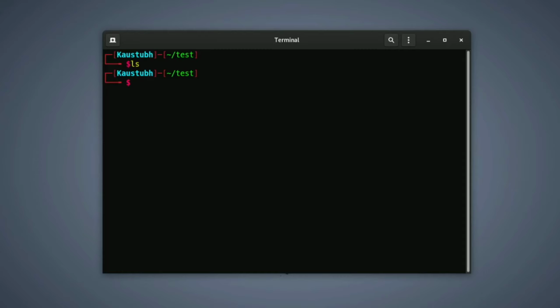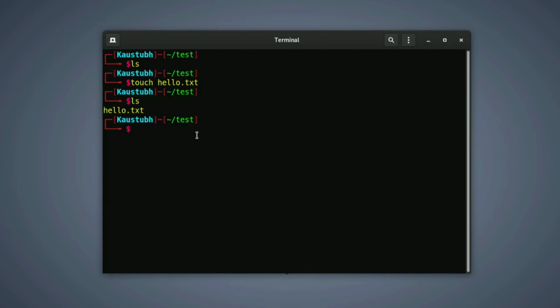Okay, so to create a file, the first command is touch. You can create multiple files using the touch command too. For example, let's create a single file, hello.txt. Just type ls again. You can see hello.txt is created here.